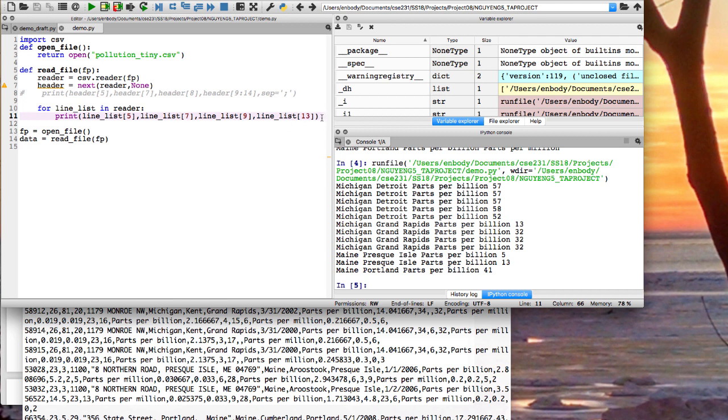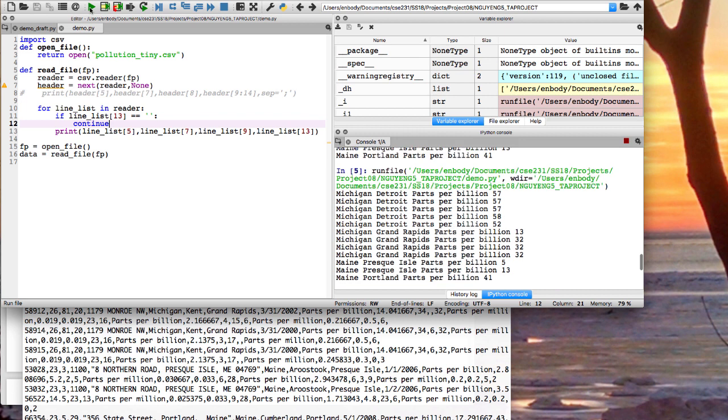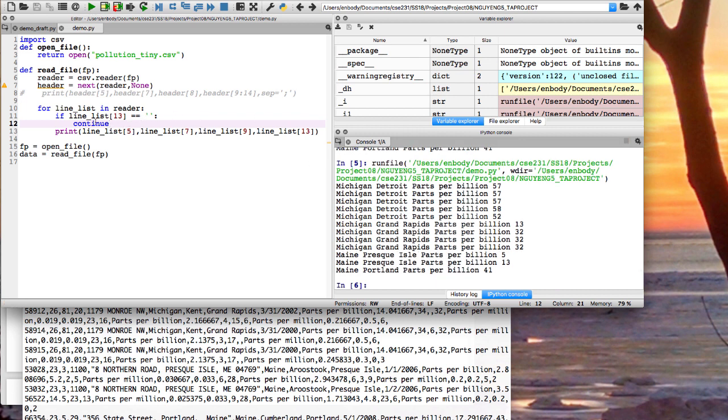And why do I care about that? Well, in our specifications, we say if the AQI value is empty, then we skip it. Now this actually won't skip any in here, but I have to do that for all the AQI values. Now all these you can see are in parts per billion. Unfortunately, we should have had